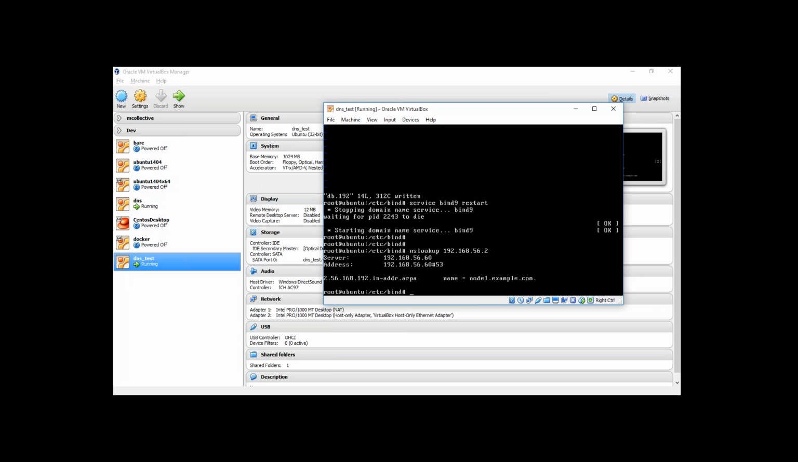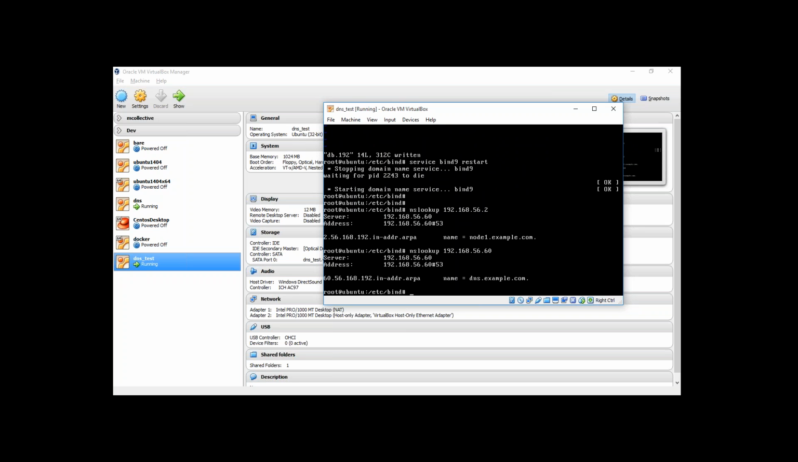It resolves to node 1. If I type in 60, it would resolve successfully to DNS. Okay, that's how we don't worry about any of these machines. So if I am doing a ping, I don't need to specify the IP address. What I would be doing is I would just specify dns.example.com,